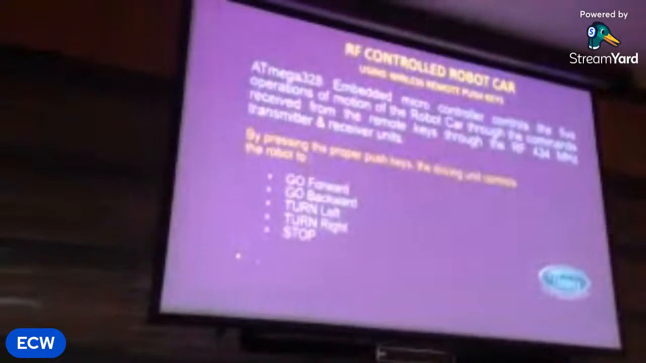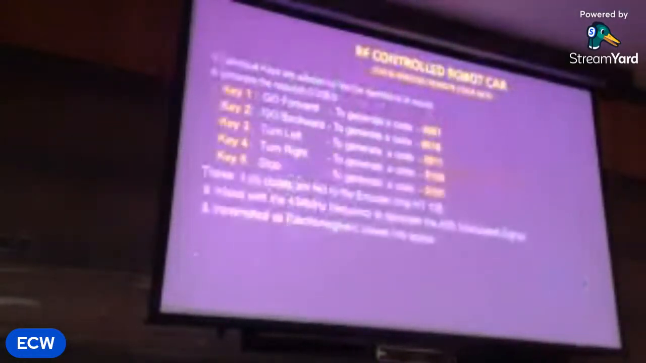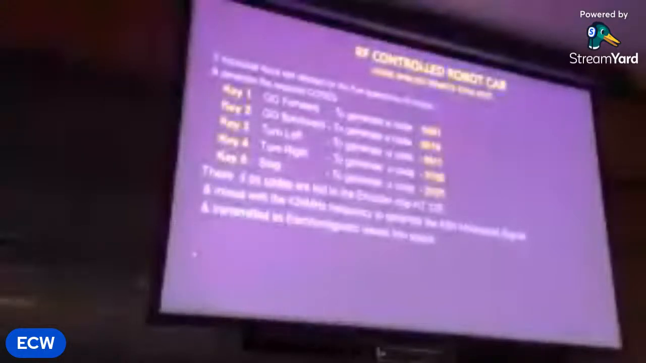Turn right or turn left, and how that information is communicated to the robocar. For that, we use this coding. Key 1 will generate 001, key 2 when I press will generate 001. Three types of binary data we are able to generate, and these digital data are fed to the encoder chip HT12E,